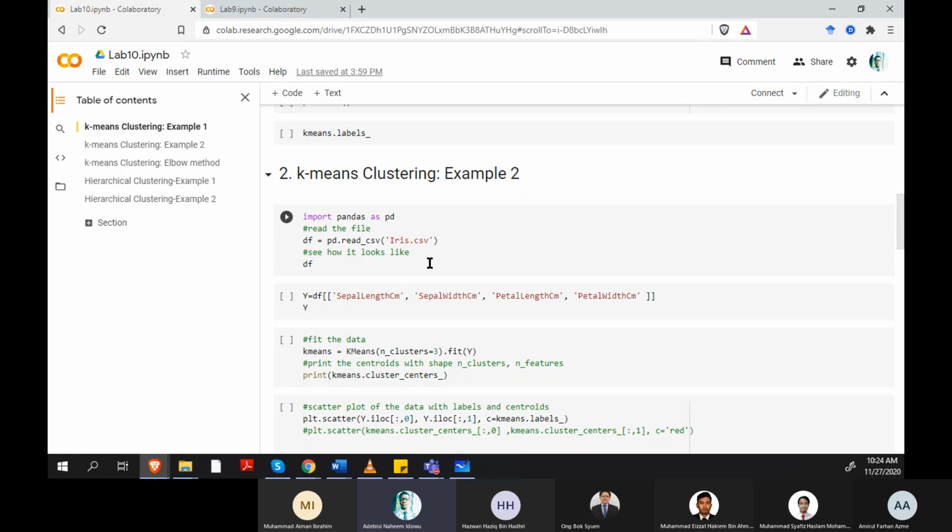Remember the Iris dataset that we have been working on, it has inputs, like the petal length, sepal length, and then it has targets, right? The targets are the